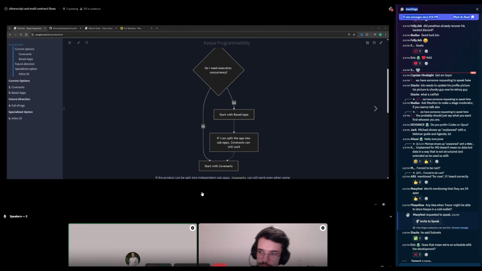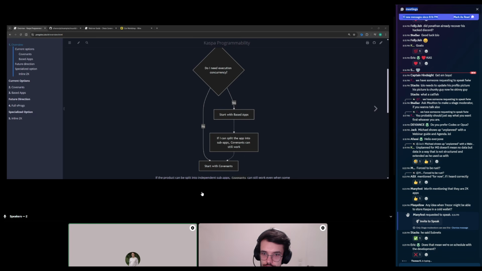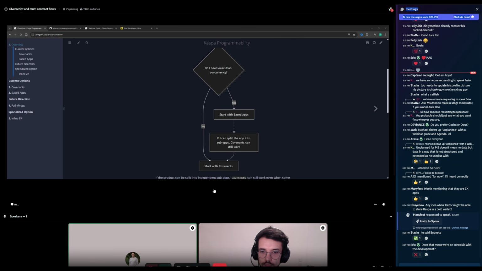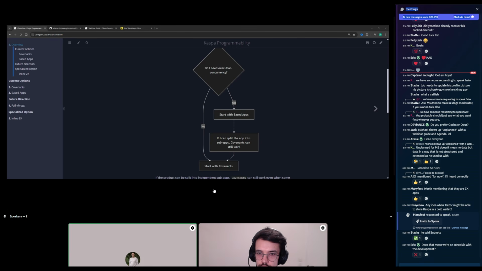So yeah, I think it helps to understand that covenants are also the backbone of based apps, because the logic of an exit and entry canonical bridge can only be enforced by some smart enough scripts on L1. And those scripts become powerful because they can do a ZK verify nowadays on testnet 12 and after the hard fork. So they can verify that the guest program is executing something it's committed to in the right way without actually doing it on L1. So covenants plus ZK provides a very powerful